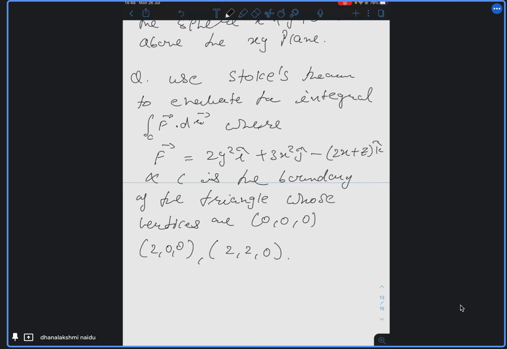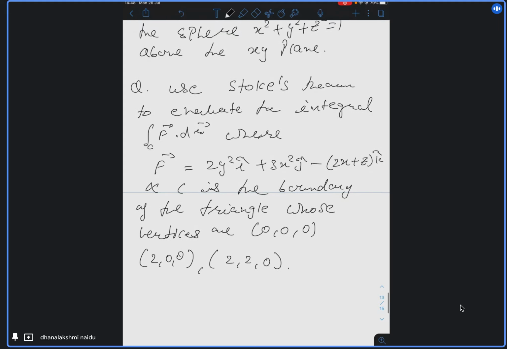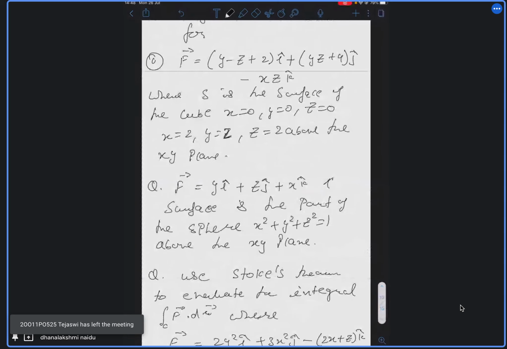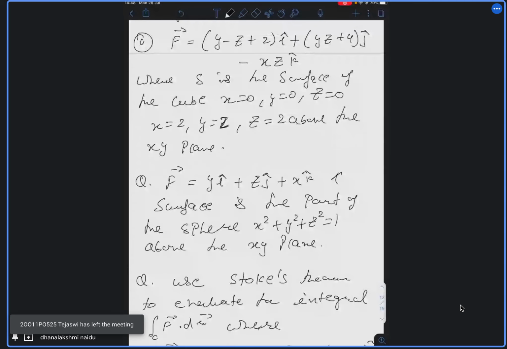Copied? Yes, ma'am. So by tomorrow you solve these problems. With this our 5th unit is over. But tomorrow again I'll talk about this 5th unit itself. So if you have any doubt in this 5th unit, tomorrow you can clarify your doubts. Few more problems we will do related to this Stokes theorem. And other than Stokes theorem, if you have any doubt regarding this 5th unit, we can discuss it tomorrow.